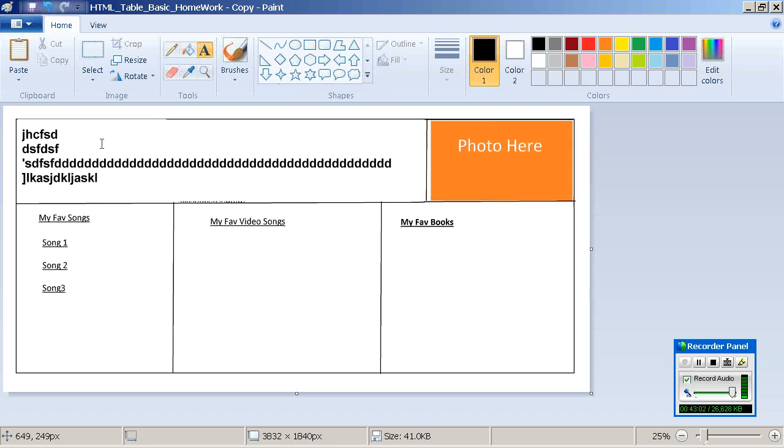Are you understanding what I am telling? 1 table, 2 rows, 2 TD. First TD width is 80%, second TD width is 30%. So you don't need to do anything in the first row. Coming to the second row, I will do TD colspan equal to 2. So it will become 1 column.